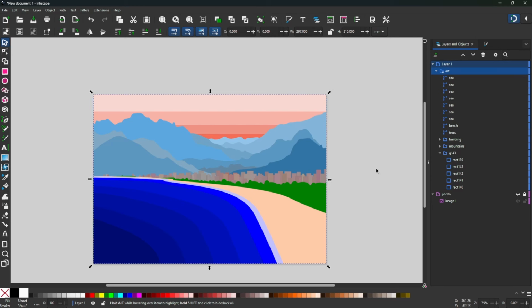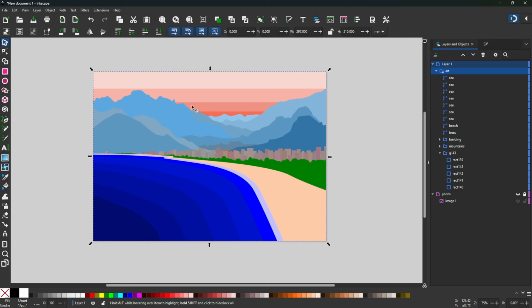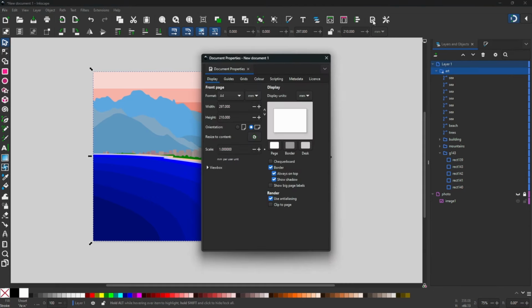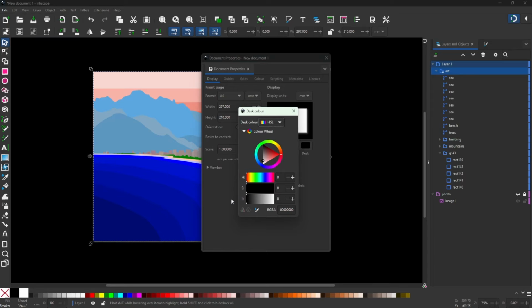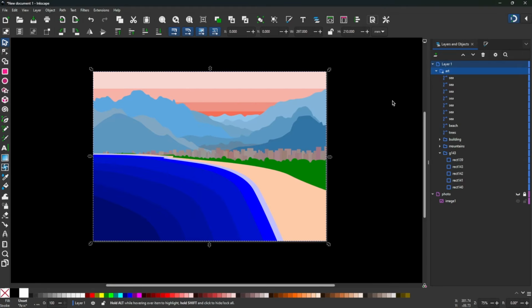If you want to show it a little bit more contrast, we can turn the background black. So if you want to adjust anything to do with your documents, you can come up to Document at the top here, Document Properties, and in here we've got Desk. Now Desk is the area behind, so if we click on Desk we can drag the color to black, click off, and that's our